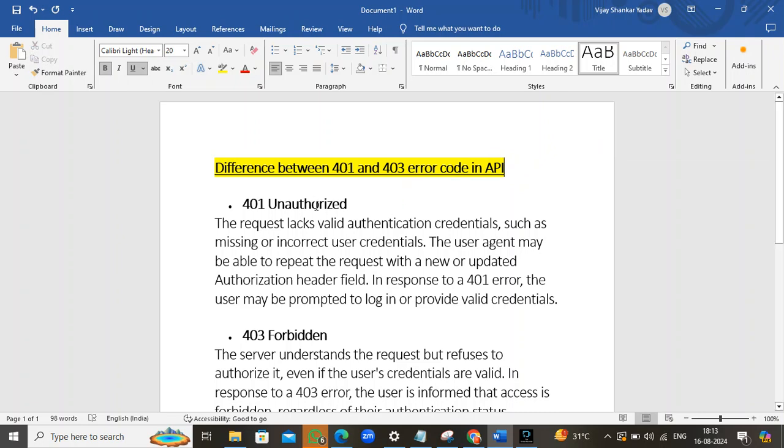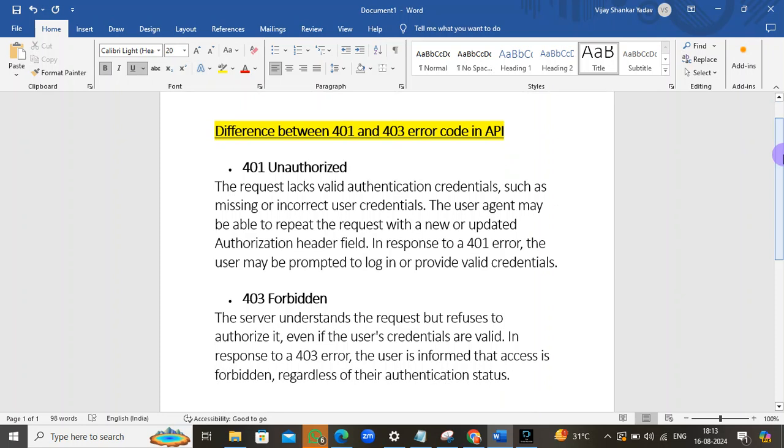So basically these two errors are related to access restrictions. First, let's see what we have mentioned here. 401 is for unauthorized and 403 for forbidden. So what is the difference?